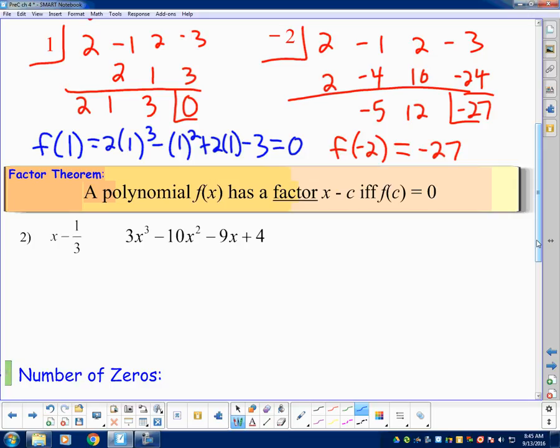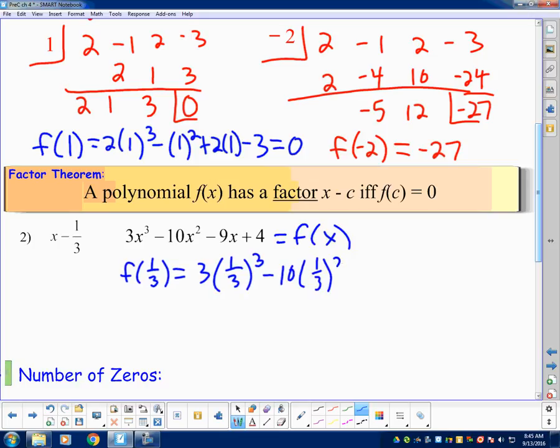Pretend this is f of x. What is this saying here? It says a polynomial f of x has a factor x minus c if and only if f of c, what's c in this case? Well, here x minus c is the factor, so it's 1/3, equals 0. So what am I going to do here to test it? Plug it in, yeah. So f of 1/3, let's go ahead and do that, equals 3 times 1/3 cubed minus 10